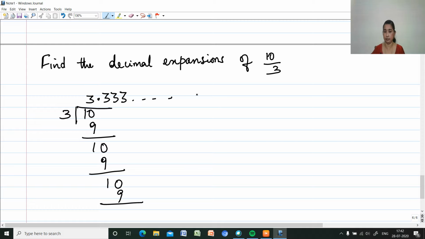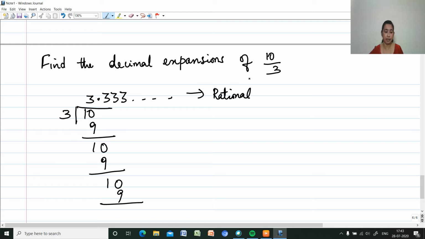It is recurring and the same number is being repeated. So this also comes under rational number. This is a rational number. So there are some rational numbers where the decimal number will be recurring. It is going on like this way and the same number will be repeated. But it will be extending like this. So it is non-terminating but recurring. Recurring means the same number is going on.